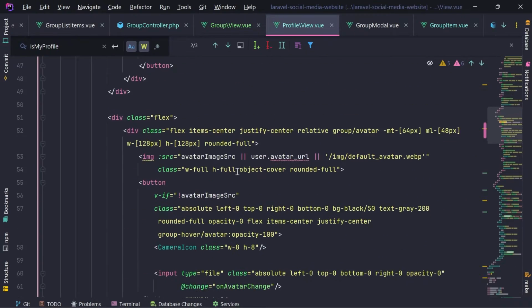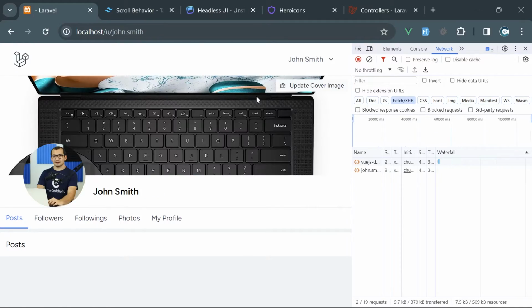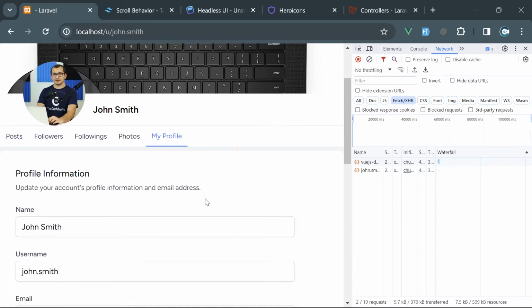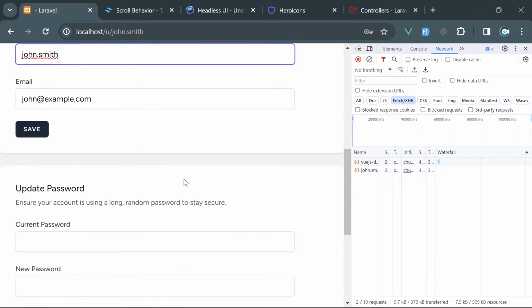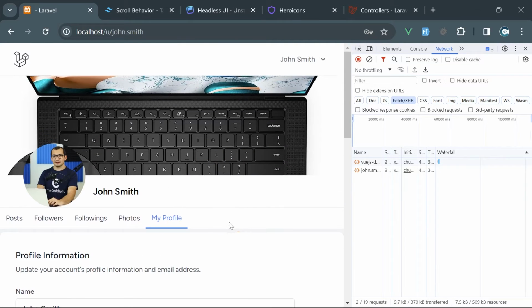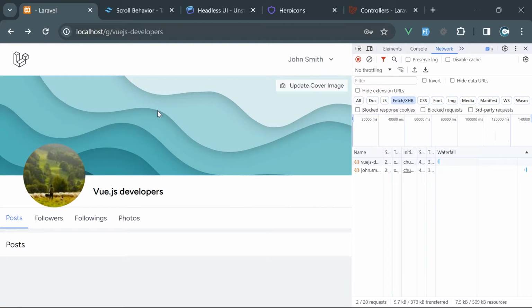I think we don't have. So if I'm just trying to access my profile, then my profile is right here, and this is directly form. Okay, I got it. Let's go back into group page,